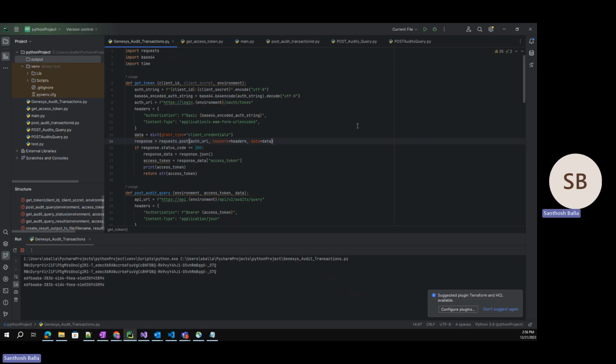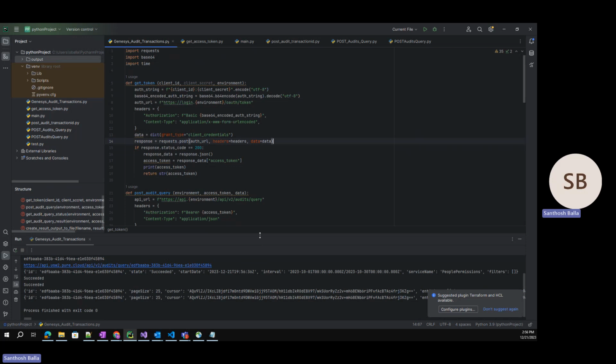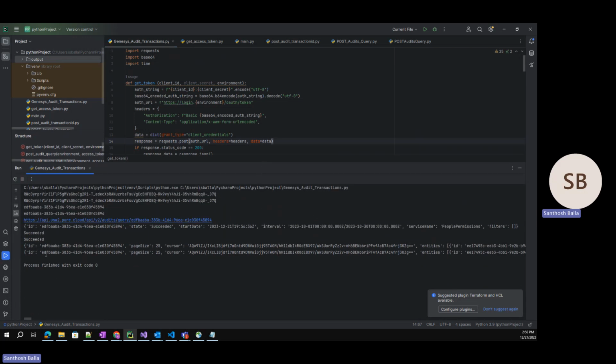I have multiple print statements inside the code, and that's the reason why you get these multiple print statements out here. But finally, this is the result set that we actually need. This is exactly the audits query that we were looking for. So just by running this